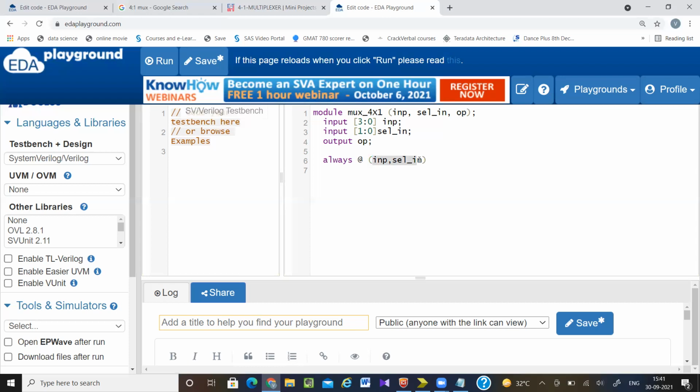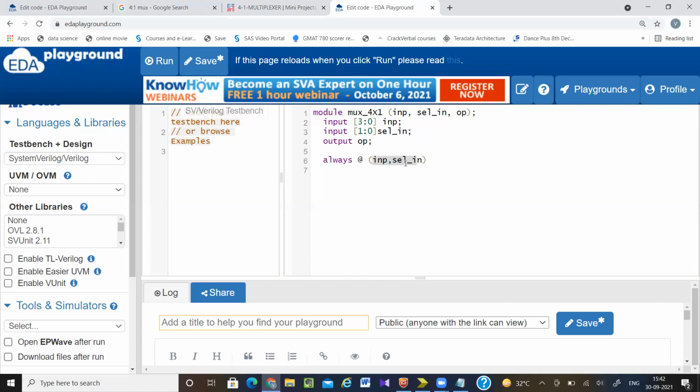This part I will explain with the help of the synthesis result. Here, just remember, whenever you are writing any combinational design using an always block, mention all the parameters that the output depends on in the sensitivity list. If you are missing any, your synthesis result and simulation result will not match.